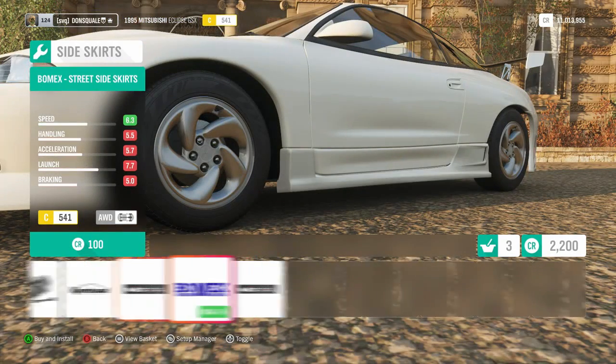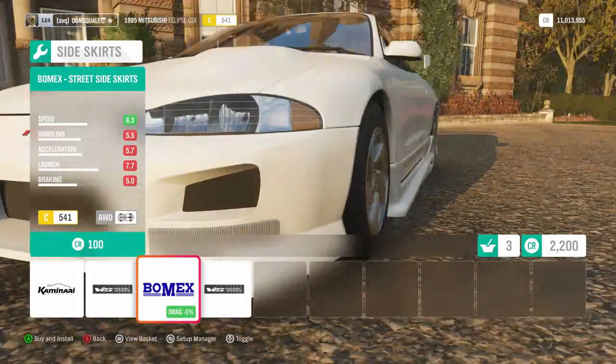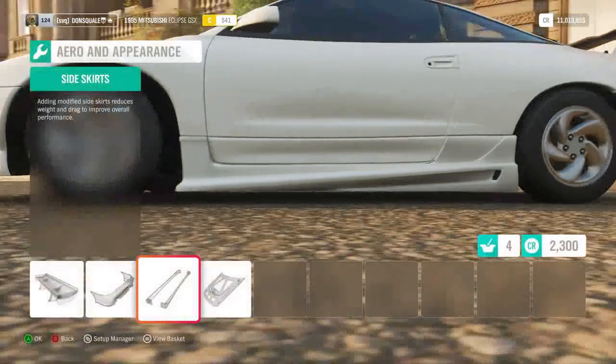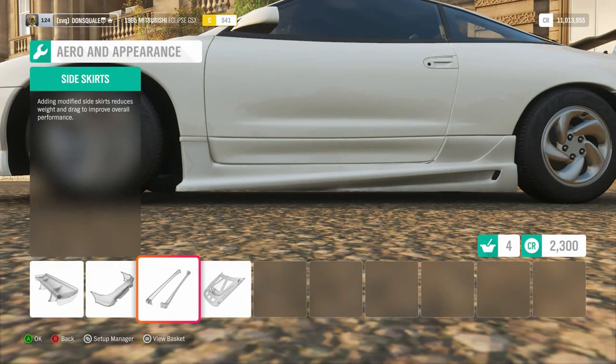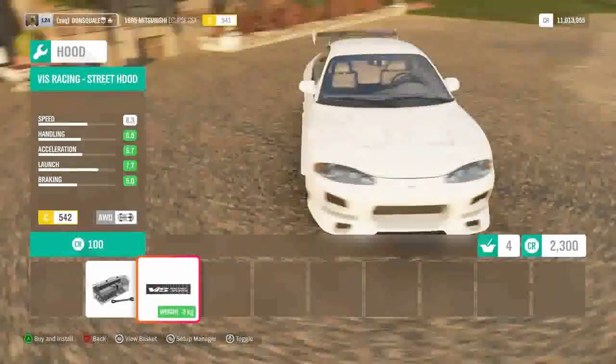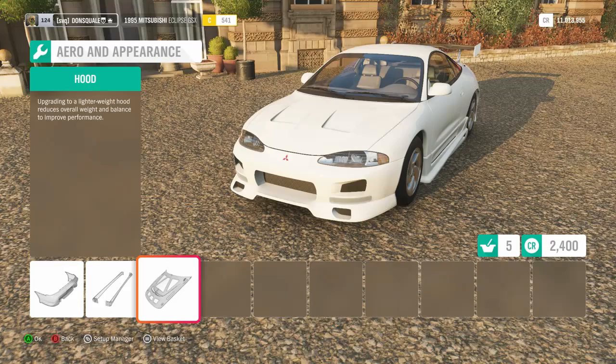We are going to look for the riciest and diciest, and again, Bomex is really taking the cake here with those side skirts. Again, it looks like there's a whole other side skirt attached to a side skirt. Yo dog, we heard you like side skirts, so we gave you some side skirts for your side skirts. As far as the hood goes, definitely going to put on that vented hood,